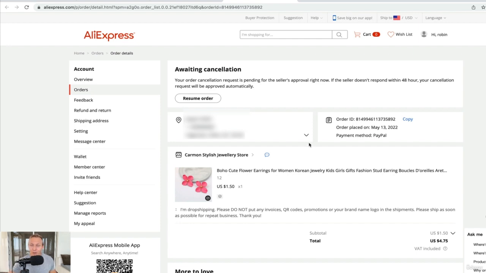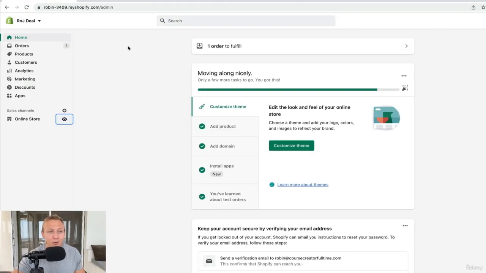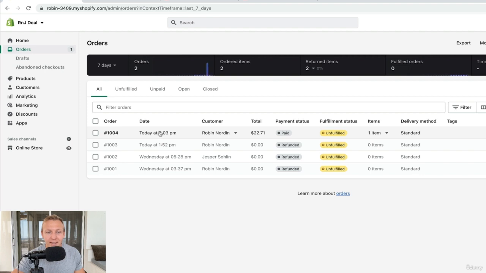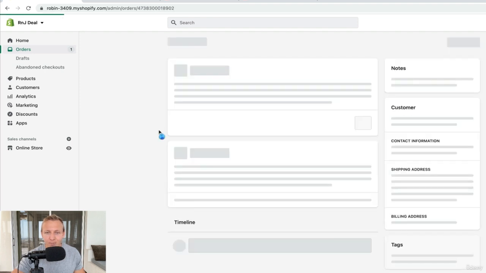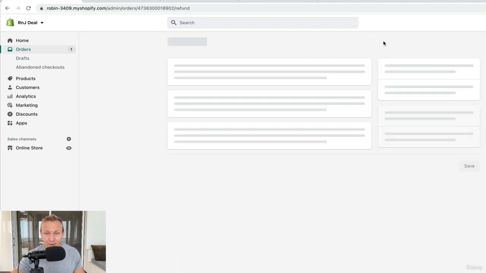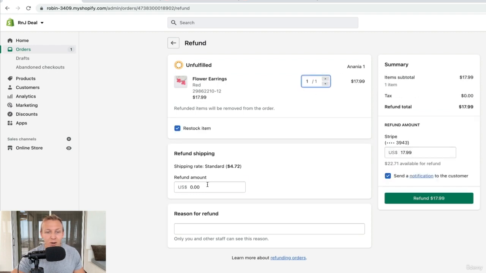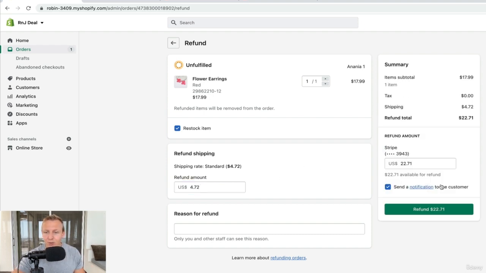And then in order to refund your customer, all you need to do is go to the back end of your store, then move over to orders. You're going to find the order right in here. So click on the order, move to the upper right corner where it says refund. So you're going to put 1, so you're going to refund the product, but also for the shipping. So we're going to write 4.72, and then you should see the total here, 22.71, match the total 22.71,